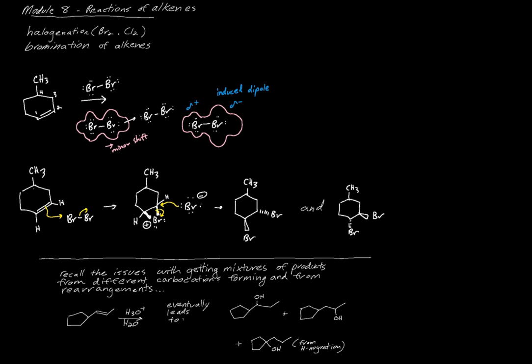So the next reaction is bromination of alkenes. This one's not too bad as far as complexity. The interesting aspect of this is that bromine can act as an electrophile, something that draws in electrons from an alkene, which has electrons to give. And the arrow pushing for this is legitimate. Electrons from the alkene would bond to one of the bromines. And why, if this is a symmetric molecule, bromine,